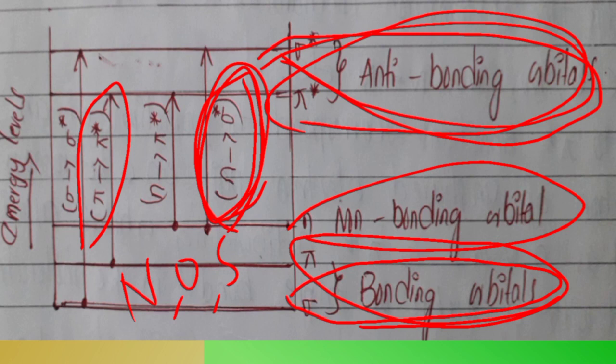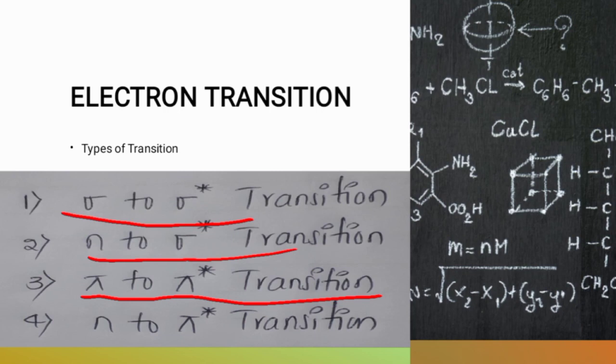Pi to pi star transitions: the transition of an electron from a bonding pi orbital to an antibonding pi orbital is called the pi to pi star transition. These contain double or triple bonds and occur at longer wavelength, in the near ultraviolet and visible regions. And the last one is